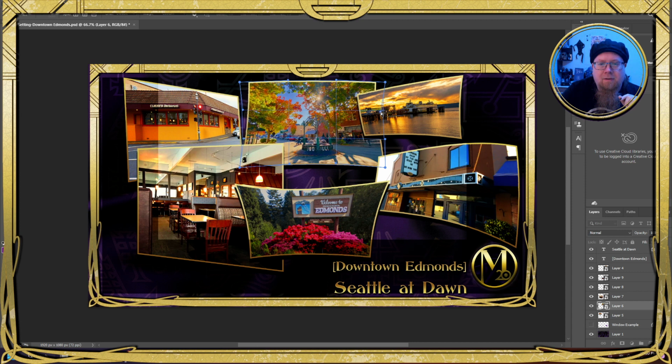Fold that in a bit. Fold that in a bit. So nothing too extreme. I think in this case, that's probably for the best. Just like there. So it looks like things are kind of more in that space.